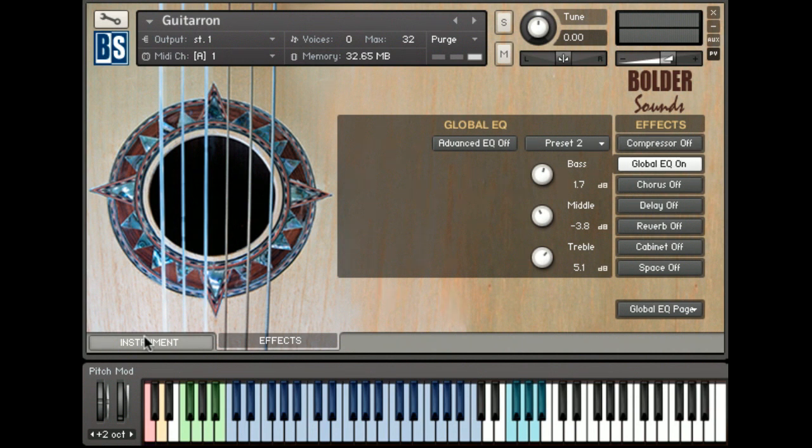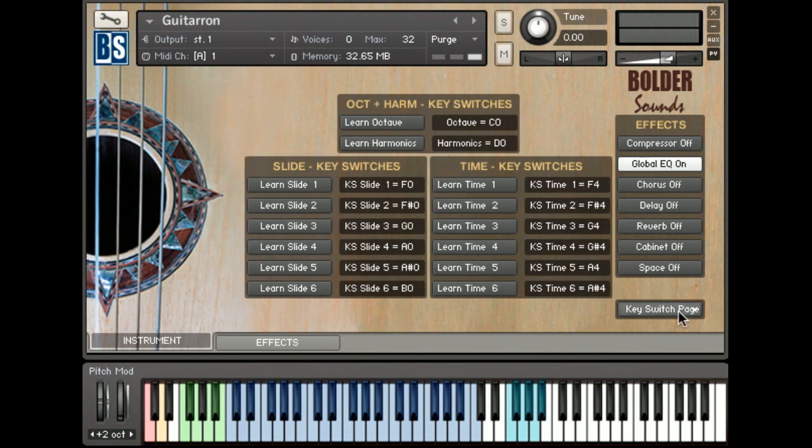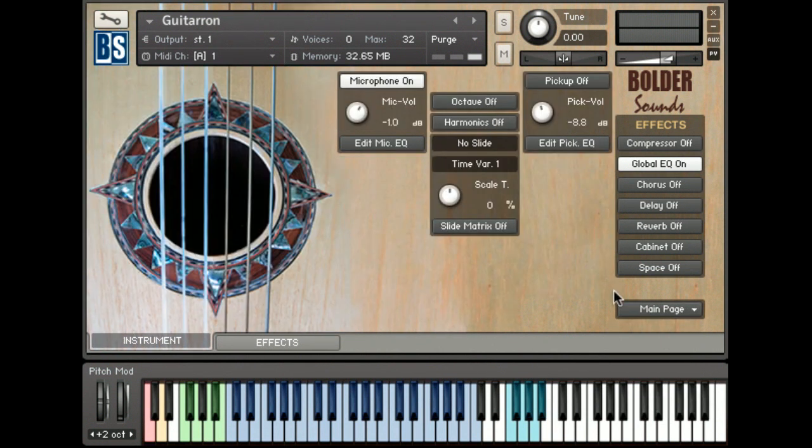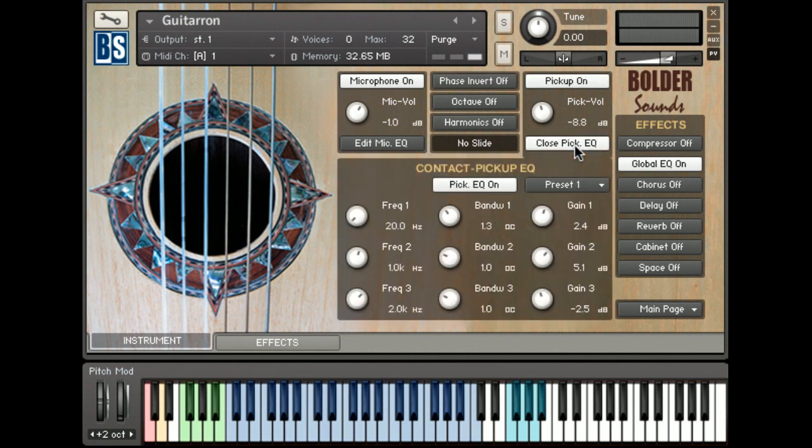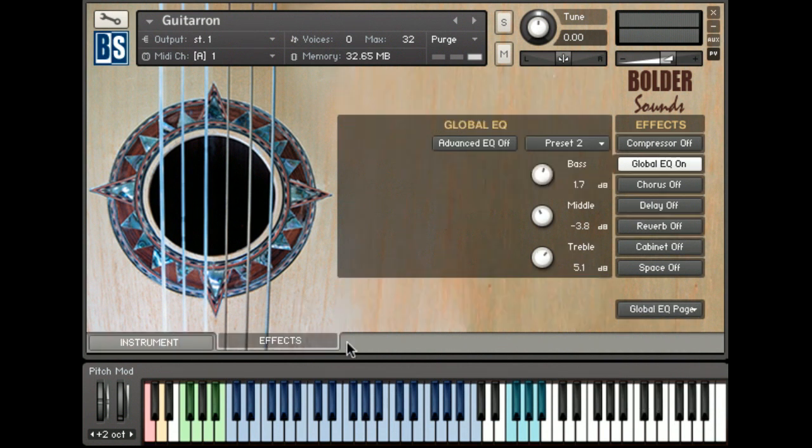So for example, if I go back to my main instrument page here, and I'll turn the pickup on. Okay. So I might go to edit the pickup EQ, and I'm going to just choose a different preset, number 3, just kind of randomly. Okay. And then what I could do is I go to my global EQ page. And by the way, right here from the front panel, I can turn the global EQ on or off, as I mentioned before. But let me go to my effects page